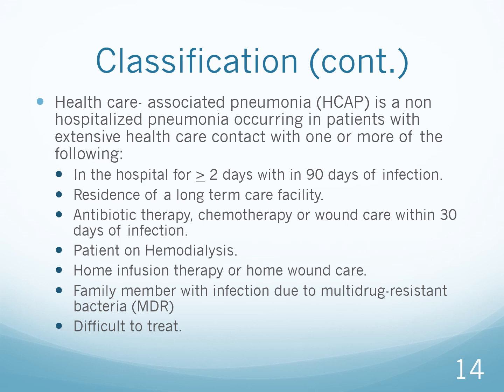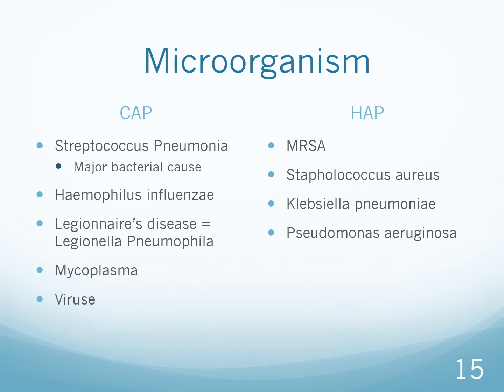Home infusion therapy or home wound care could reduce the immune response, causing the potential for pneumonias. Family members with infection due to multi-drug resistant bacteria, which are very, very difficult to treat. So community-acquired pneumonias include strep pneumonia, which is a major bacterial cause, Haemophilus influenzae, Legionnaires' disease, Legionella pneumophila, mycoplasma pneumonia,